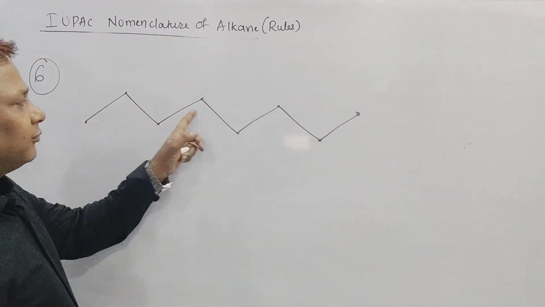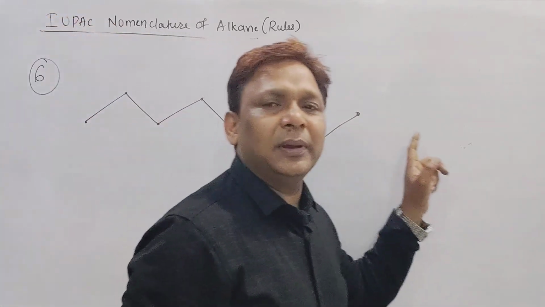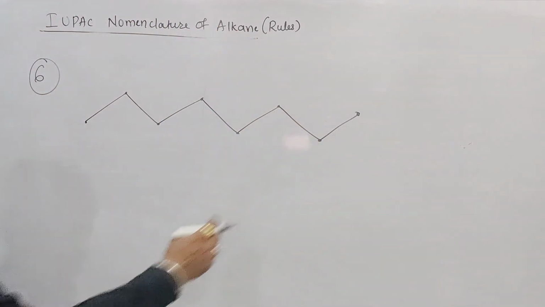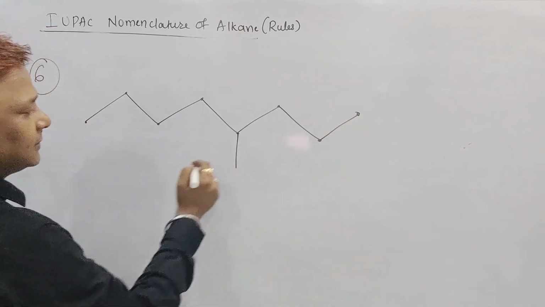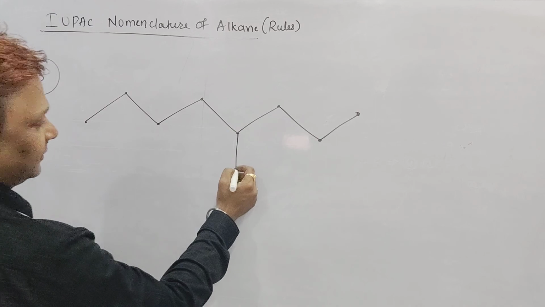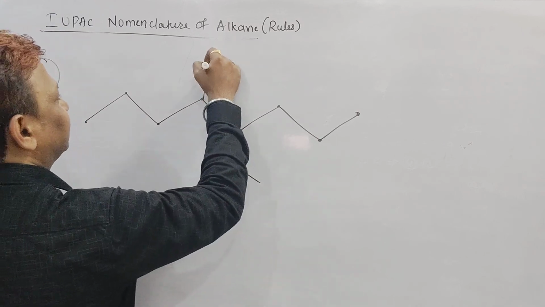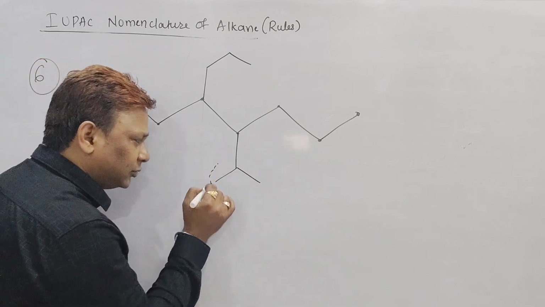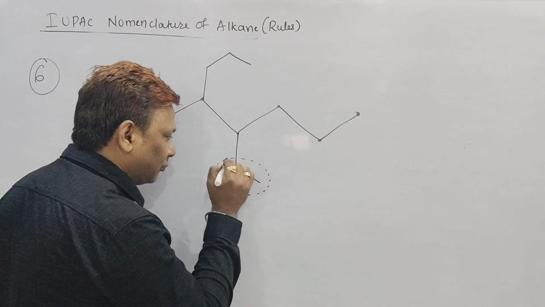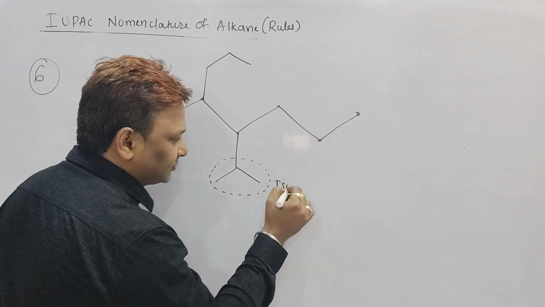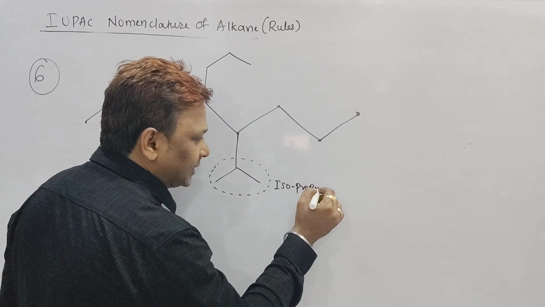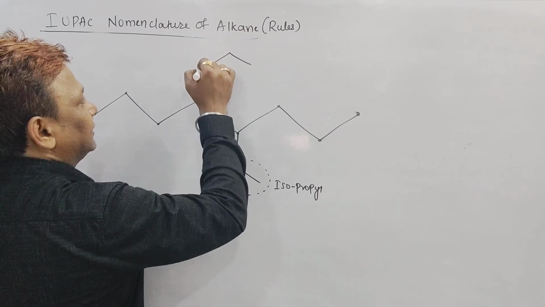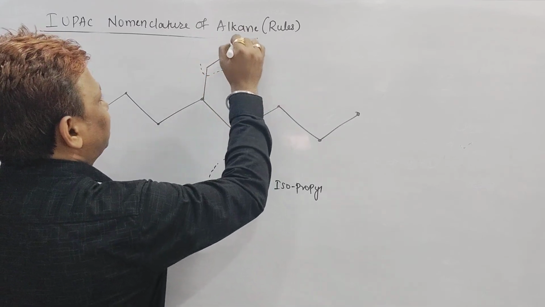So 1, 2, 3, 4, 5, 6, 7 and 8. How many beta? 8 I did here. Now, in this case, come here beta. I will put here this is one group, and I will put here this is one more group. Right beta? Do you know this group is called an isopropyl group beta? You can check my previous video, there I have explained what is the iso group and what is a new group. This is the isopropyl group, 1, 2, 3. And this one, check it beta, this one group is called a propyl group.